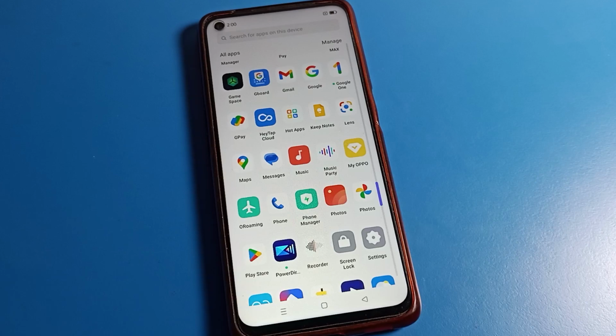Today friends we are going to talk about realme phone settings, and I am going to show you how to use the delete sound setting on a realme mobile. Friends, if you want to use delete sound, how to turn it on and use it, in this video I am going